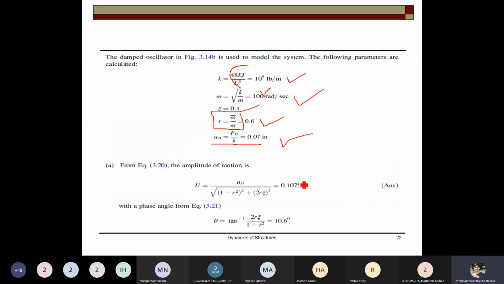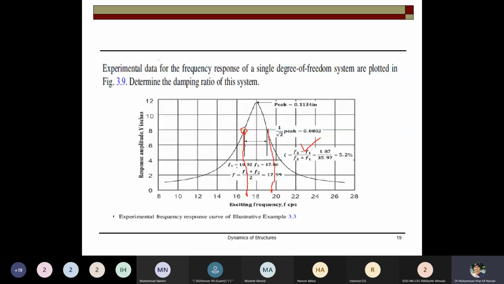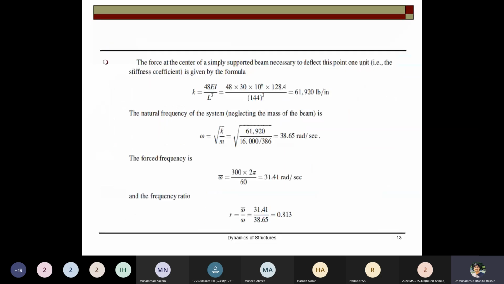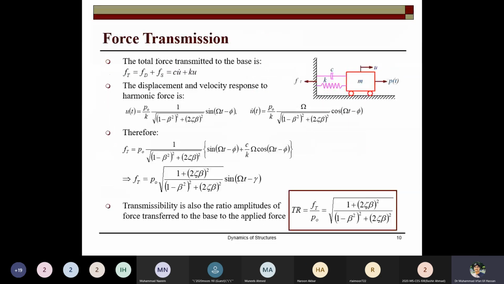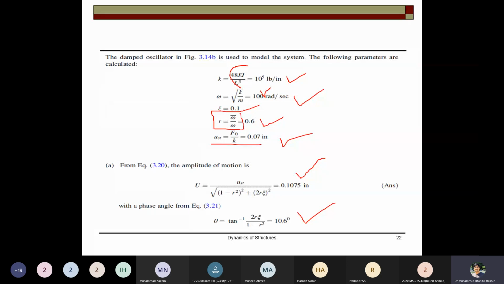Now you get the amplitude, U denoted by U here, and that is equal to UST over 1 minus R square or beta square, whole square plus 2R zeta square. यहाँ से आपका ये एम्पलीट्यूड आ गए और फेज एंगल आ गए. बट यू हैव टू कैलकुलेट द ट्रांसमिसिबिलिटी, जो मैंने आपको लास्ट पे बताया था. द ट्रांसमिसिबिलिटी इज इक्वल टू द फार्मूला जो उसका था ट्रांसमिसिबिलिटी का, हाउ मच फोर्स इज ट्रांसफर्ड. So this is the transmissibility formula, 1 plus 2 zeta beta square divided by this. So you can apply that expression here also, and you will get this